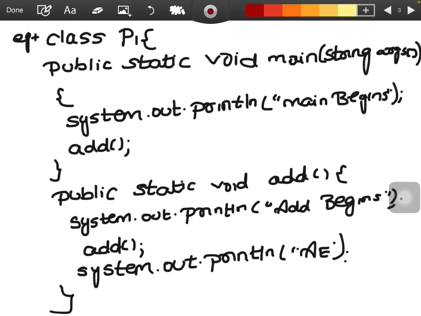Here, I created a method: public static void add, with System.out.println("add begin"). Here, add is a method. So again I am calling the method to perform the same operation. Again I am calling the same method. It means the output would be